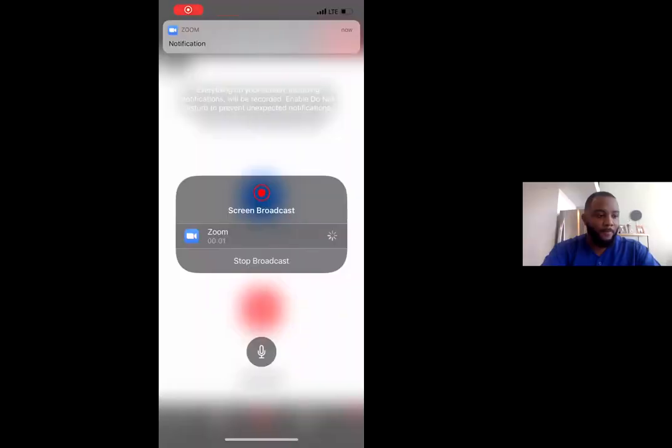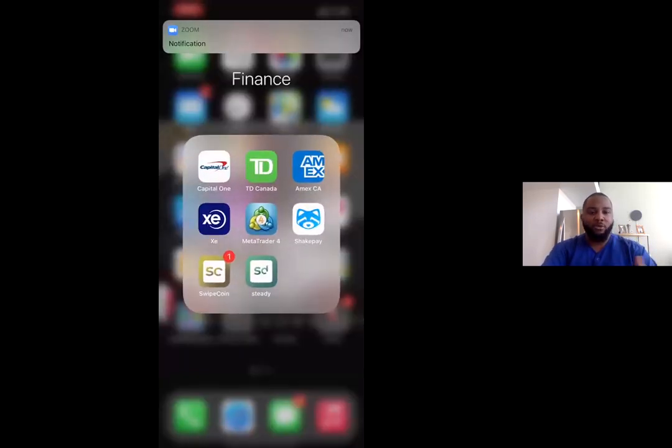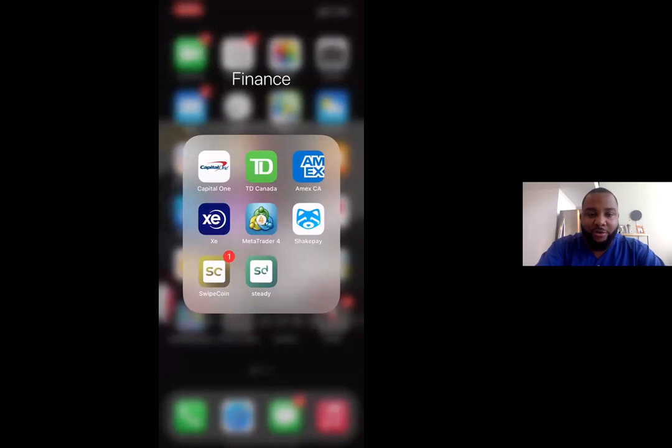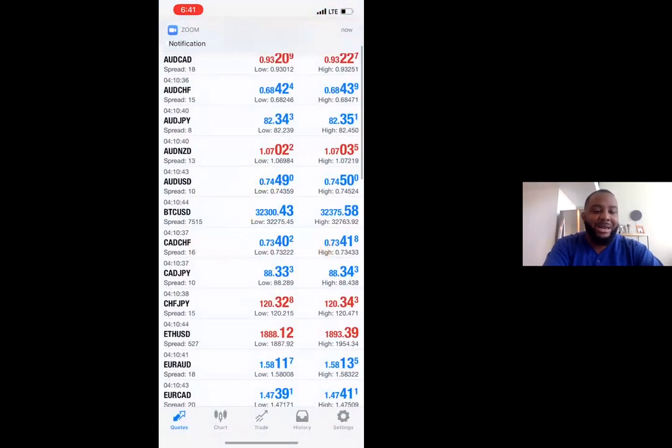Okay. So let me start sharing my screen here. Yeah, let's see in 3, 2, 1. Perfect. So guys, when you go to your app store, the one right in the middle, it says MetaTrader 4. That's what it's going to look like for Google, Apple, whatever the case is. Now, as I click on this, guys, you're going to see there's a variety of different tabs, okay? At the bottom here, we have quotes, we have chart, we have trade, we have history, and we have settings,